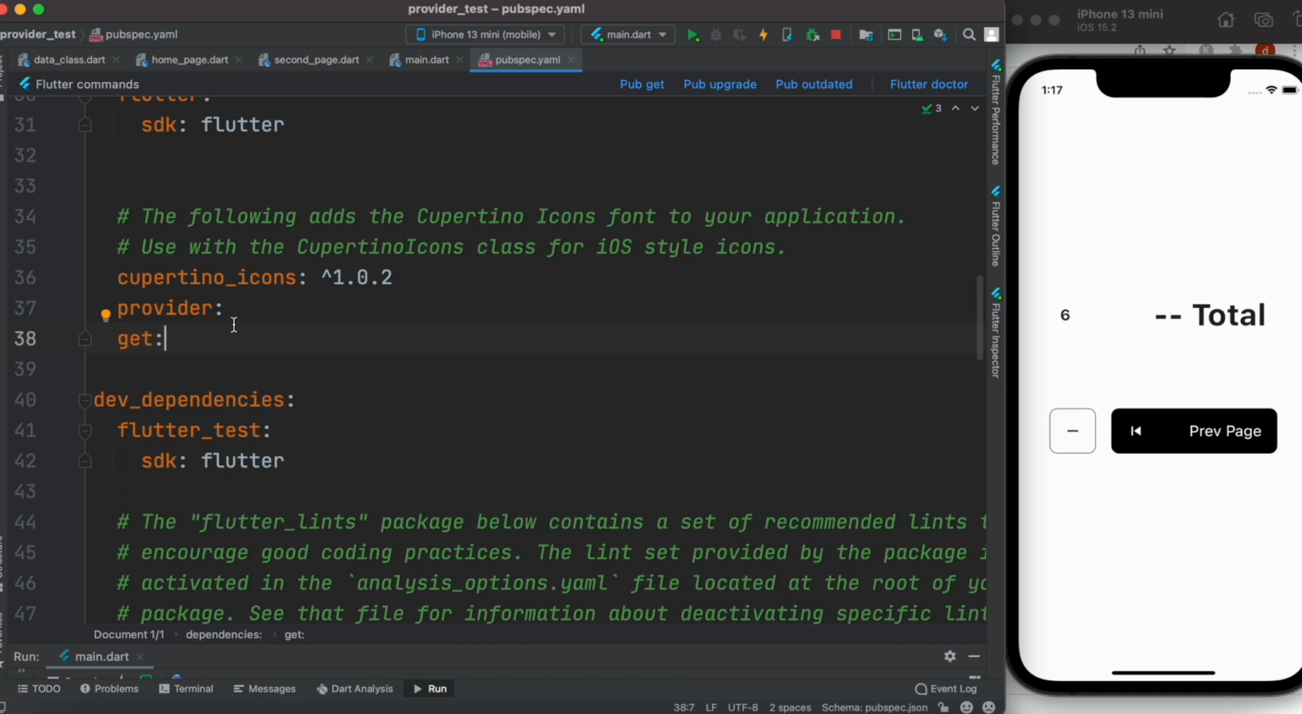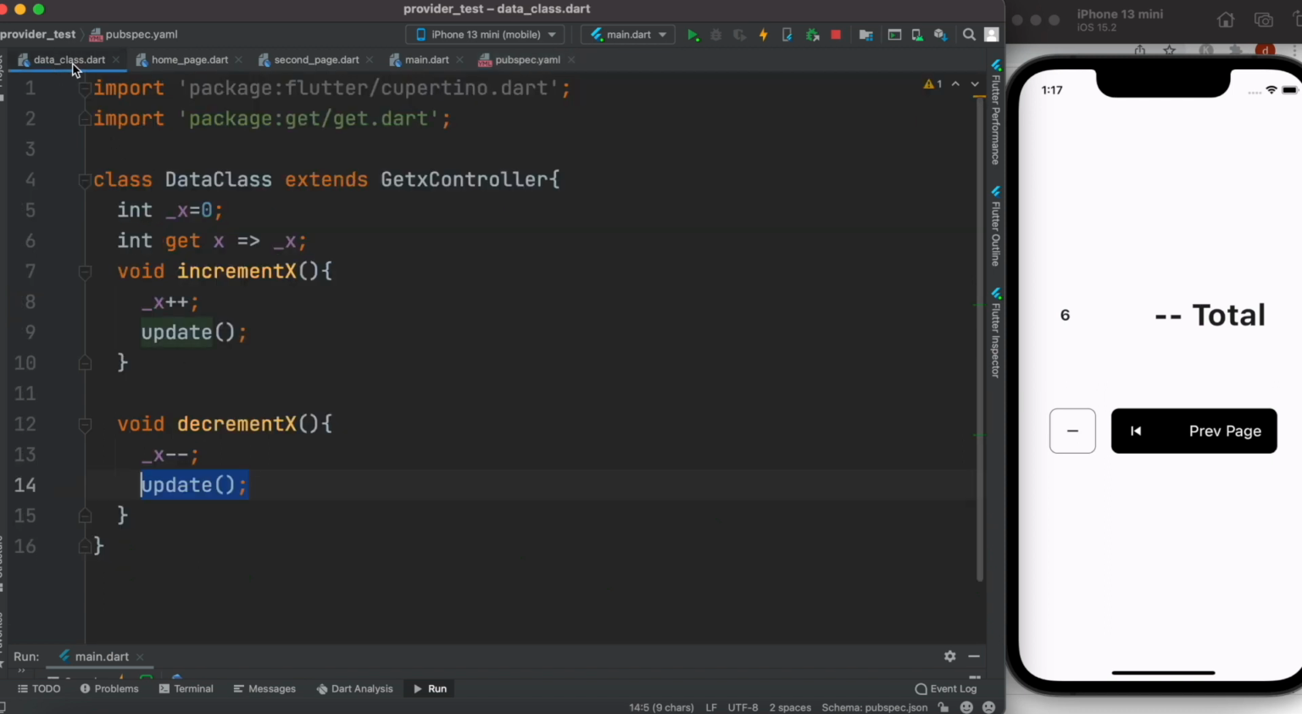And over here, just go ahead and install this provider package. And once you are done, we should be good to go. Now, first thing you want to change over here,